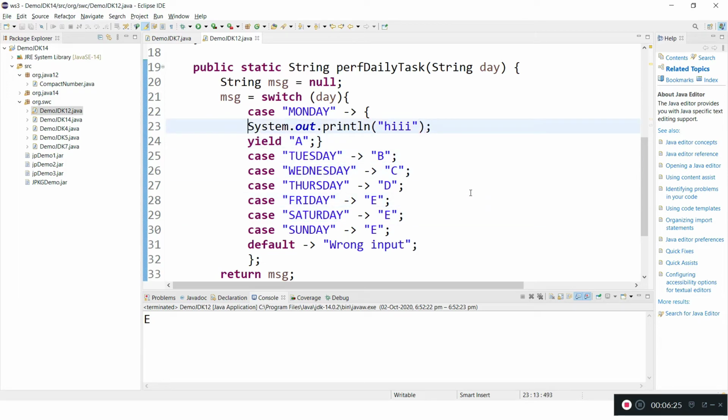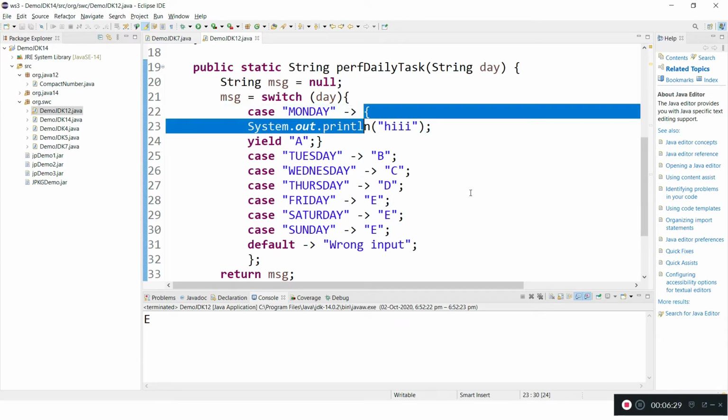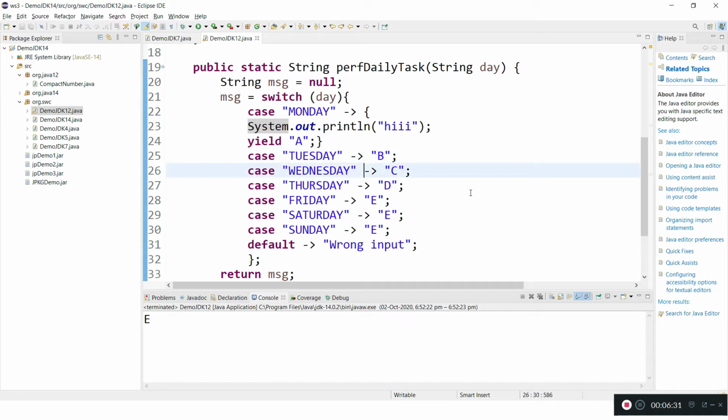Inside the braces we keep all the case logic, and we need not keep breaks. And one thing we forgot to discuss here, as I said, multiple labels we can keep. Let's say for Tuesday, Wednesday and Thursday I want to execute the same logic, so I can keep the labels comma separated, and the same logic can execute.